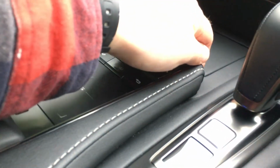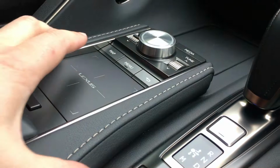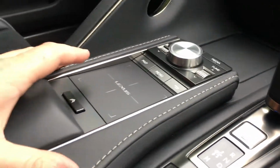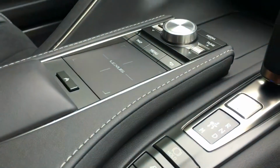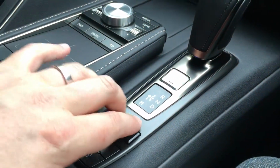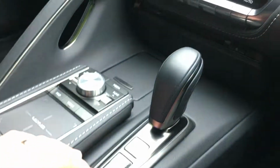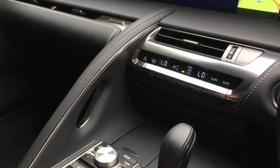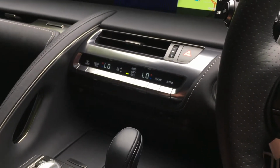It is ridiculously solid. And maybe a bit harsh me pulling that about, but I've been in some cars where these will actually sort of wobble a little bit, and you do not get that on Lexus vehicles. It's just stunning. I do like the materials as well that it's all made out of, you know, like the brushed finish on here. But there is one final thing that I have to say that Lexus have let slip by on their design,